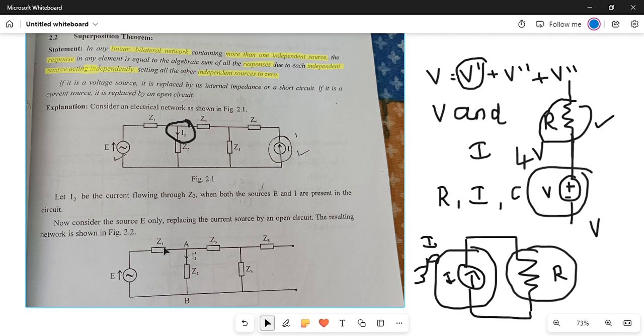Now when you want to find the I2 dash, what is that? The very first current, right? I2 dash. So if you want I2 dash, what should you do? You keep the voltage source as it is and make the current source an open circuit. So this is what you are supposed to do, right? So next, just a minute, I'll check with the other diagram. Okay, the next is